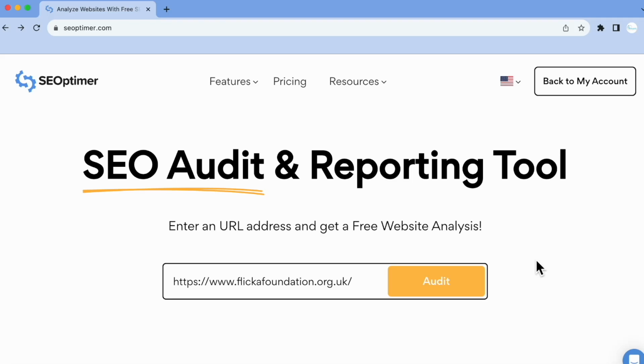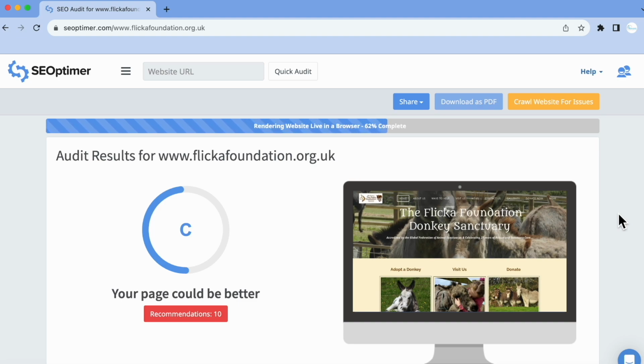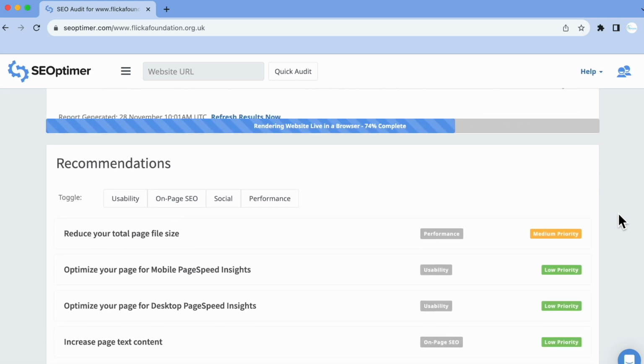Okay, so we're going to run the SEO audit report for the local SEO sections and the remainder of the audit reports. So those child element areas and what technology stacks the website has. And we're doing it for the Flickr Foundation, the Donkey Sanctuary, the .org.uk again. And this is so you can compare it with your wwf.org.uk website and that section. And as you will notice and start to see as we go down to the bottom of the sections,